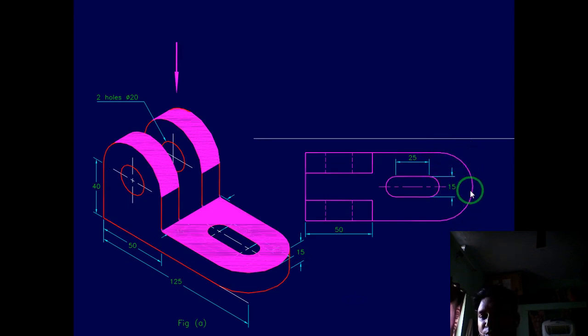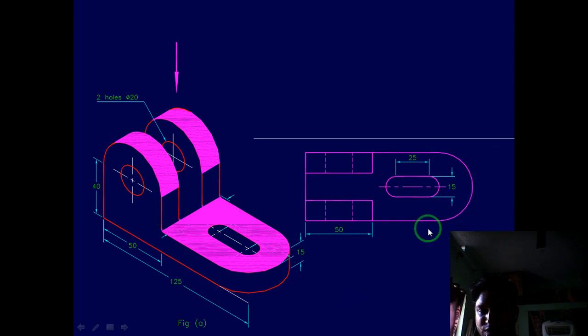Try to construct a box first here. From the middle point, plot 25. From that 25, with the help of radius 7.5, draw the semicircle, and from that point draw a 25 length at top and bottom. Again plot the center here and draw 7.5. I could also have drawn this on the whiteboard, but you are supposed to apply it yourself. By this you can analyze and calculate the dimensions.